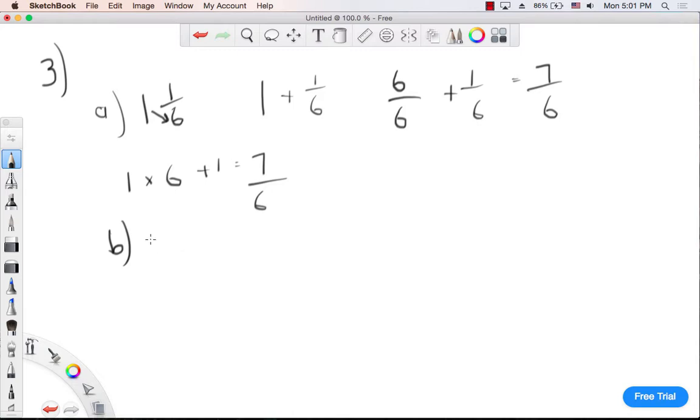For B, 4 and 3/8. So we know it's going to be 8s, so as an improper fraction, we know it's going to be 8s. 4 times 8 is 32, plus 3 is 35. Okay, 35/8. So we got 4 times 8, okay, is 32 plus 3 is 35/8. Now, if you wanted to do that the other way, we could say 4